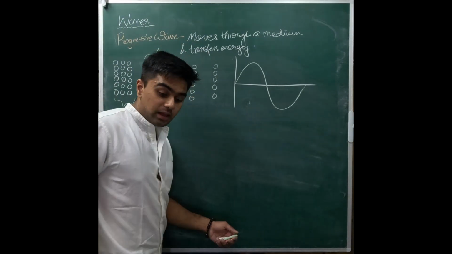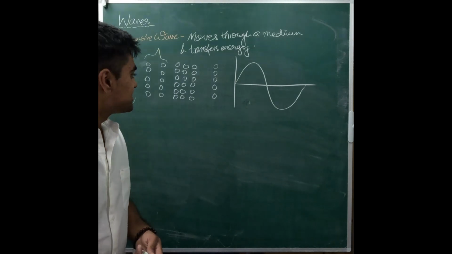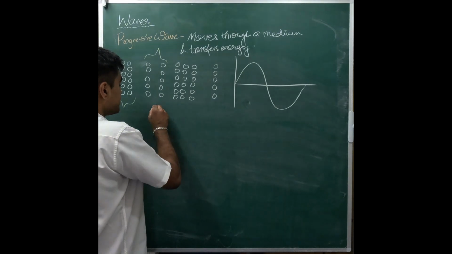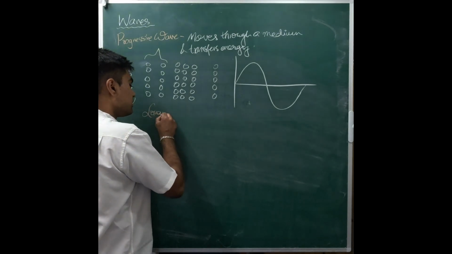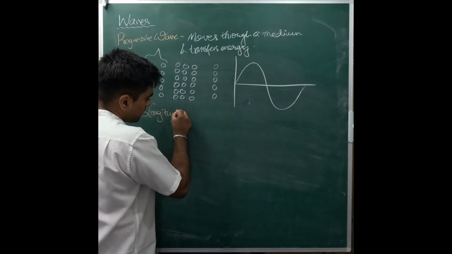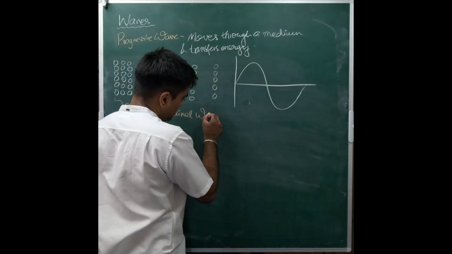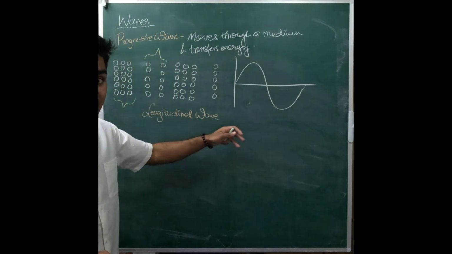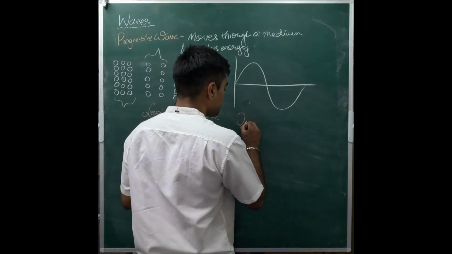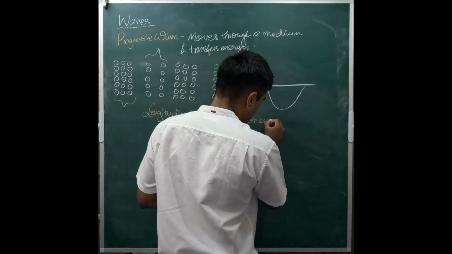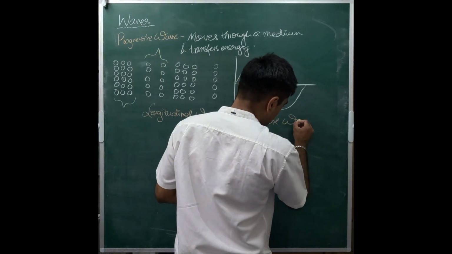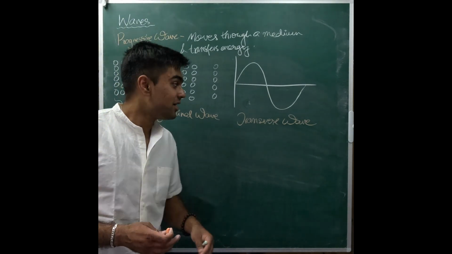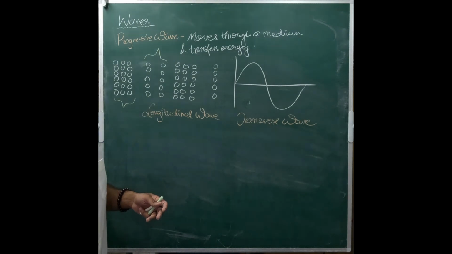So that's one key concept, and I think we've got a good hold of that now. Now, this is where things get a bit more fun. So, what are the two types of waves there are? The first type of wave there is a longitudinal wave. That's a longitudinal wave. And the second type you have is a transverse wave. Now these are the two types of waves that there can be. Now let's go through these one by one.